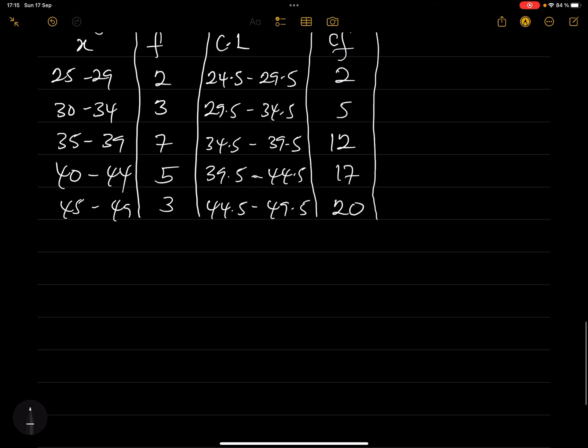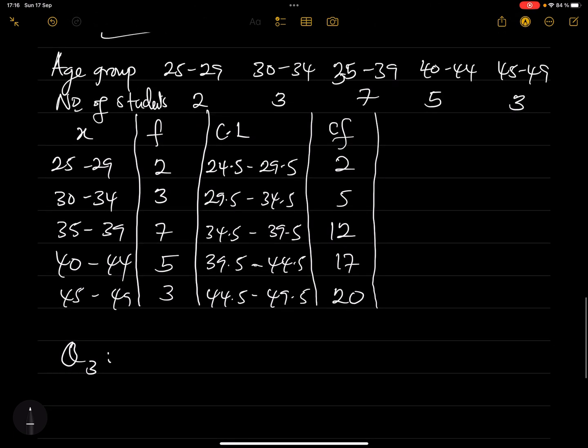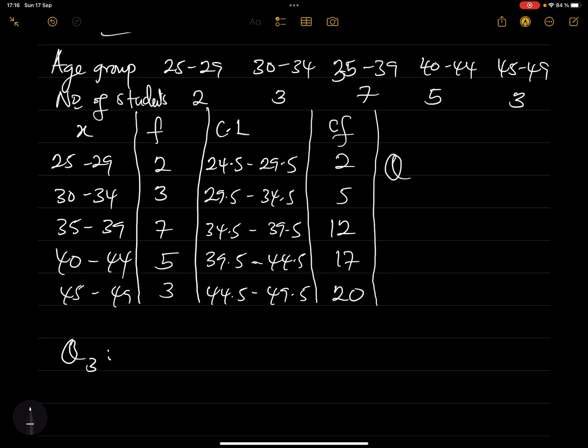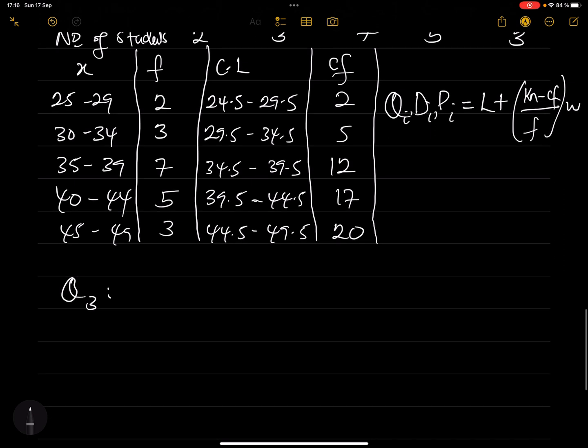So let's start with Q3. Okay, do you still remember our formula? Recall, I can bring the formula here for Qi, or for Di, or for Pi, any one of them. The formula is L plus (Kn minus CF) over F, multiplied by W. Perfect. So for Q3, the third quartile, the upper quartile,